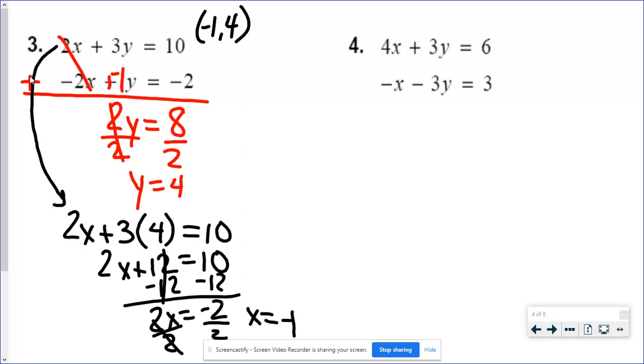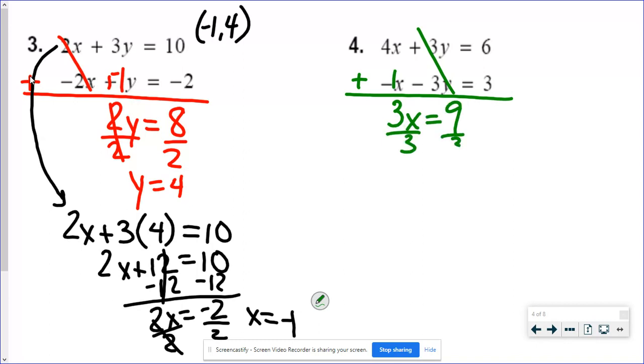On this problem, right now you should be trying to decide which variable have the opposite coefficients. And in this problem, it's going to be the y's, because I have a positive 3y and a negative 3y, and they're going to go away when I add. So 4x plus a negative 1x is going to be 3x, and 6 plus 3 is going to be 9. So that means that the x is 3. Once I know what the x is, again, I need to find the y,